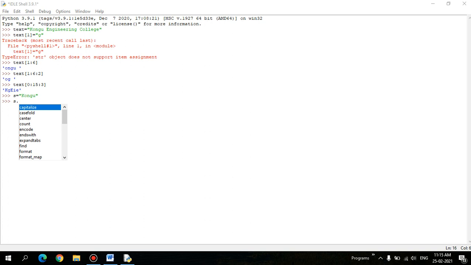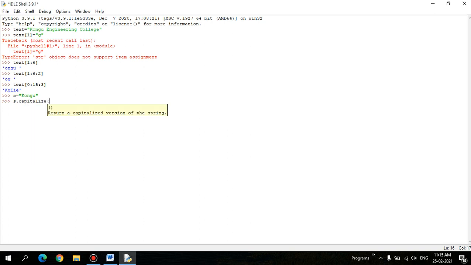So the first one is capitalize. This capitalize function gives a capitalized version of your string, which means the first character will get capitalized. Let's check with some other text to make sense.